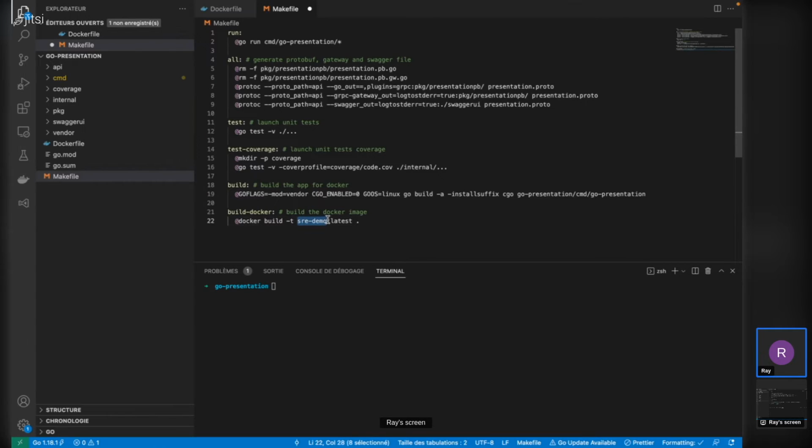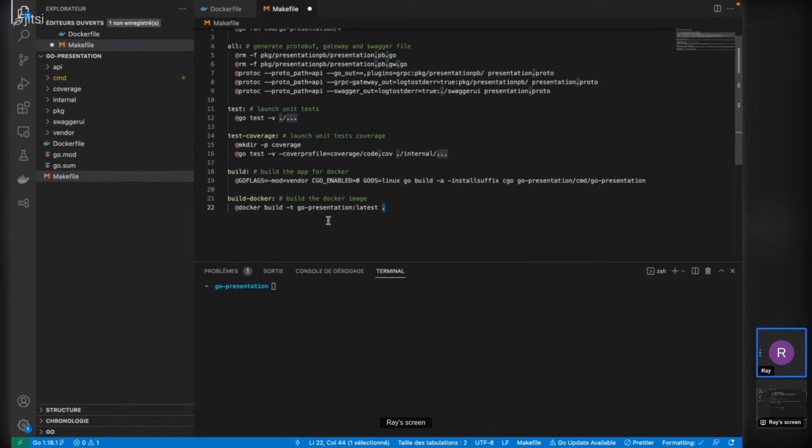I will name it Go presentation, and I will tag it with the tag latest. And the dot here just means that when I run this command, it will search for a Dockerfile at the root of my project, of my Golang project. So let's execute it.